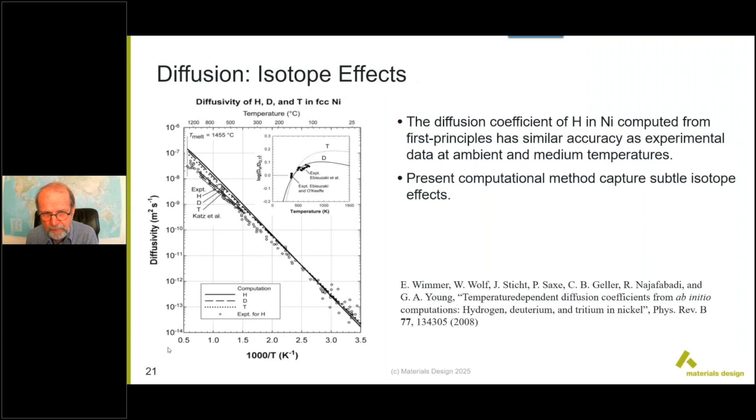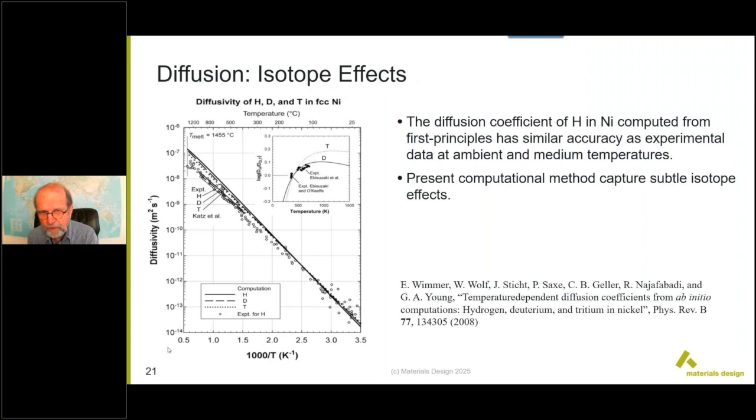And here there is a large quantity of very good experimental data to compare with. Bottom line here: the open circles are experimental data points, and the solid lines are the results computed from first principles, using an approach that